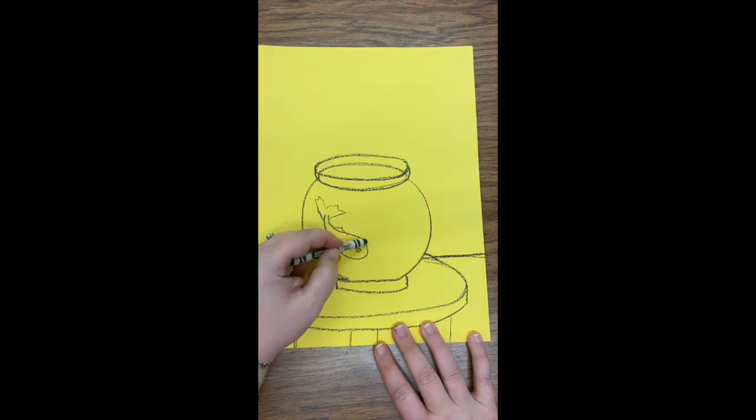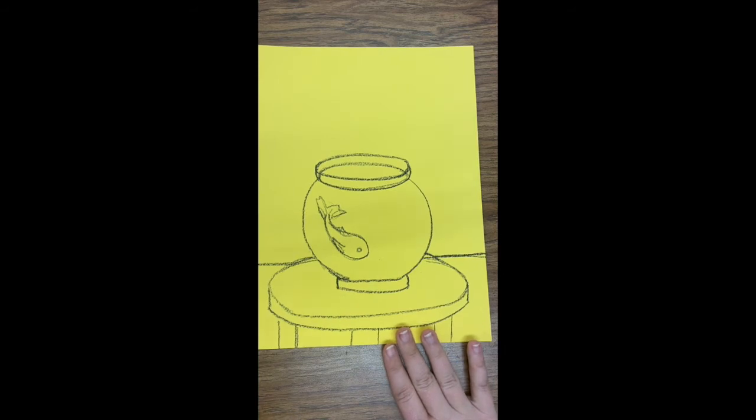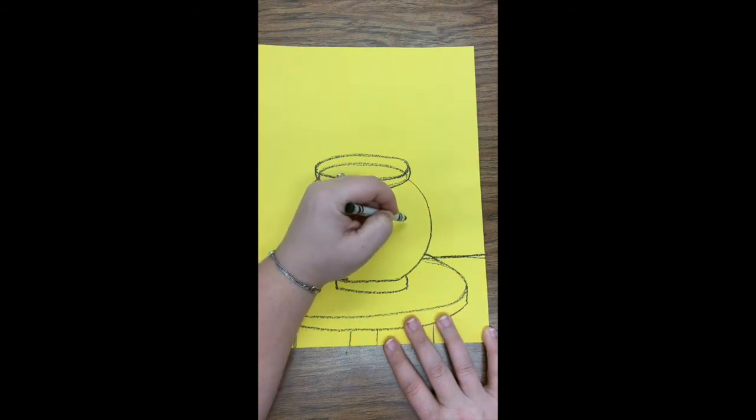So it's just a wavy line here, curved line at the bottom, create some type of fin. You could just do a triangle fin if you need to, or you could do a wavy fin like I did. Then you're going to draw some fin on this side, and maybe a little top fin here. And that's it. To make a fish, there you go. So you could do that again over on this side, or you could do one that's kind of more,